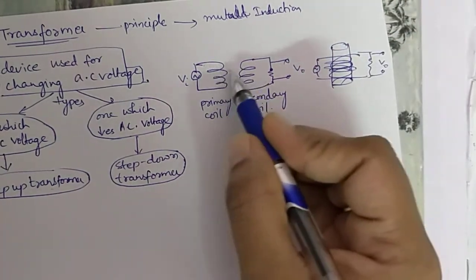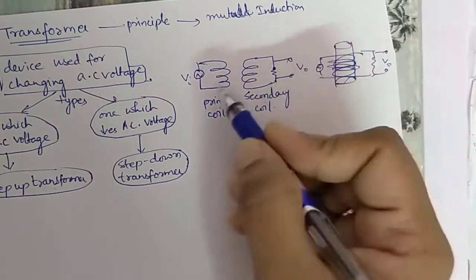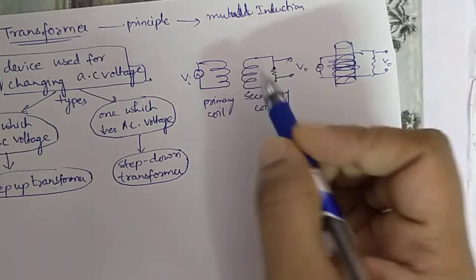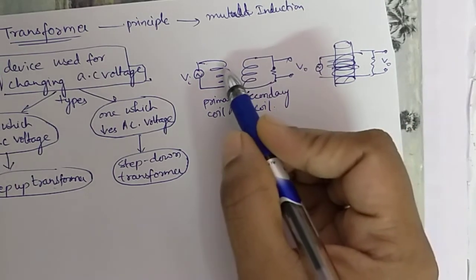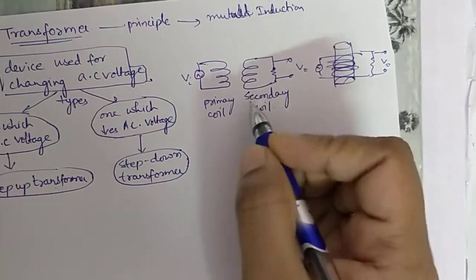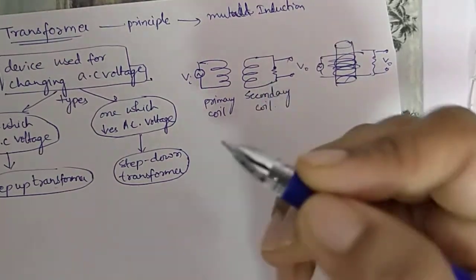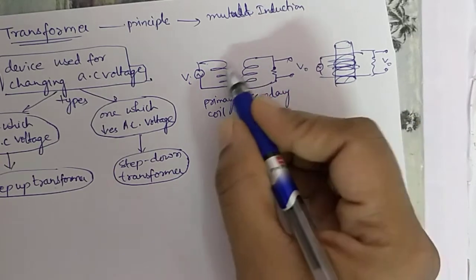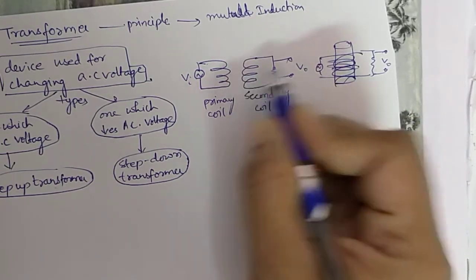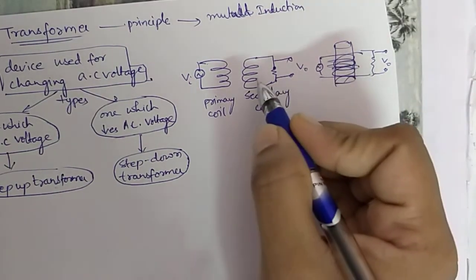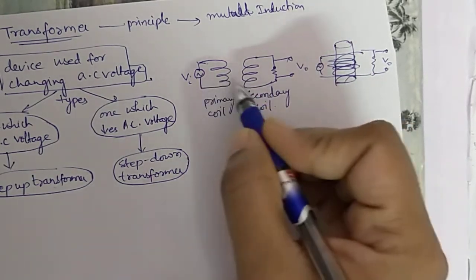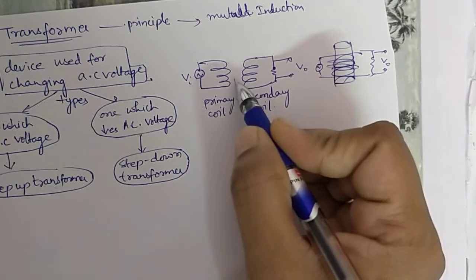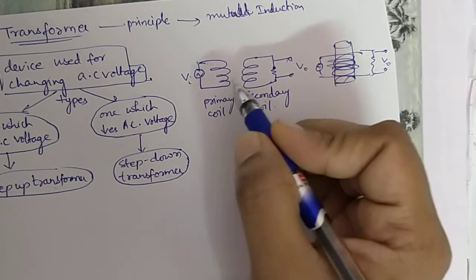Now, to increase the flux linkage between the two coils, a ferromagnetic core material is used. In the previous chapter we have already seen that laminated sheets are used in a transformer. Why laminated? Because there will be eddy current. If you keep a ferromagnetic material inside the core, eddy current will be produced in it, because there is alternating current, so there is a change in magnetic field. So to reduce eddy current, a laminated iron core is used.